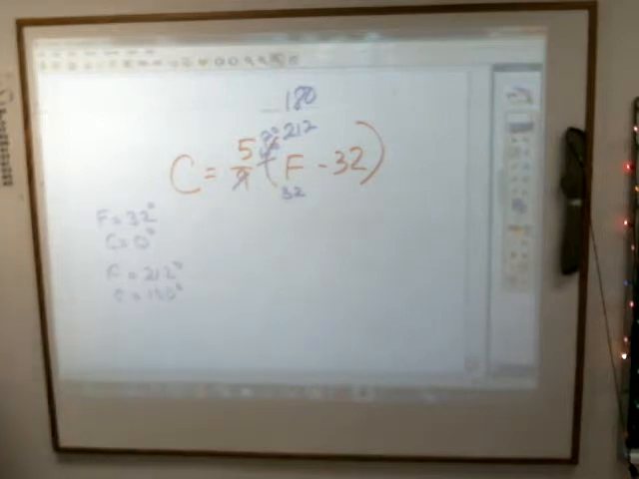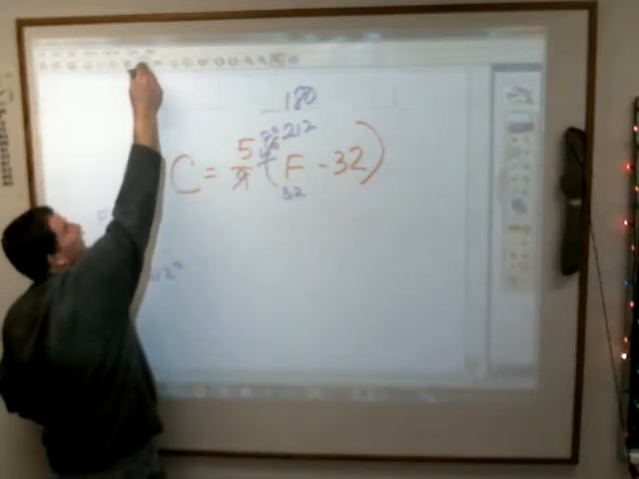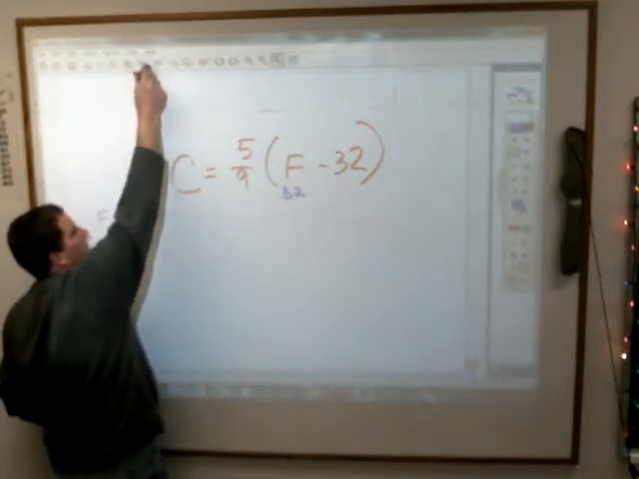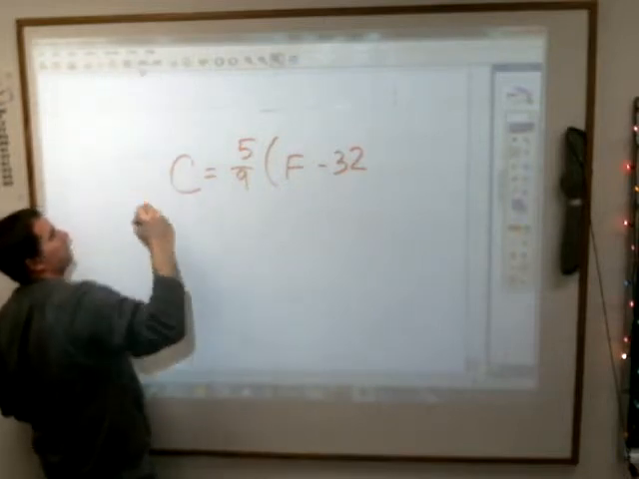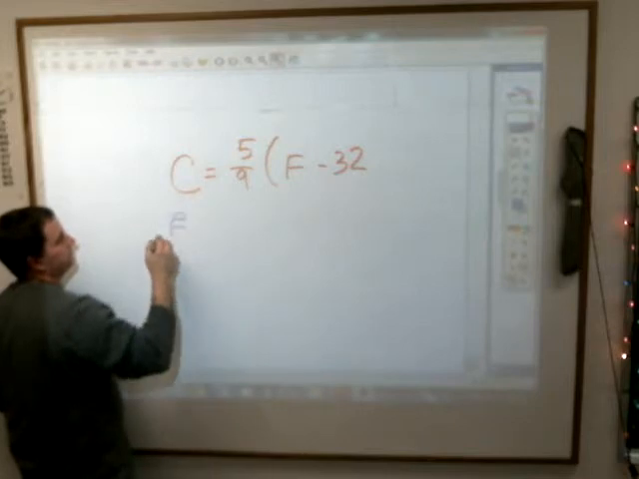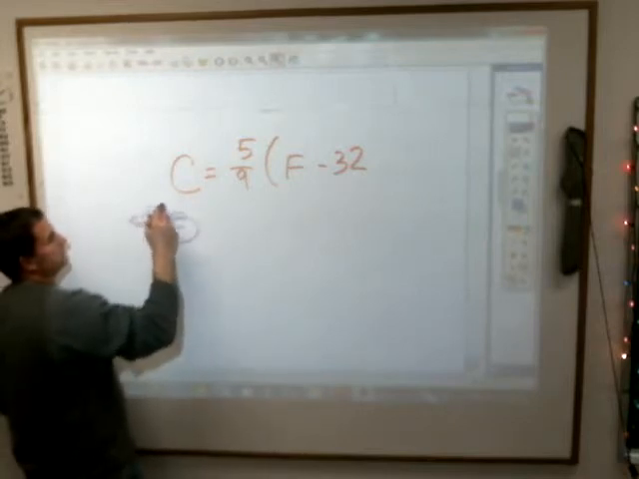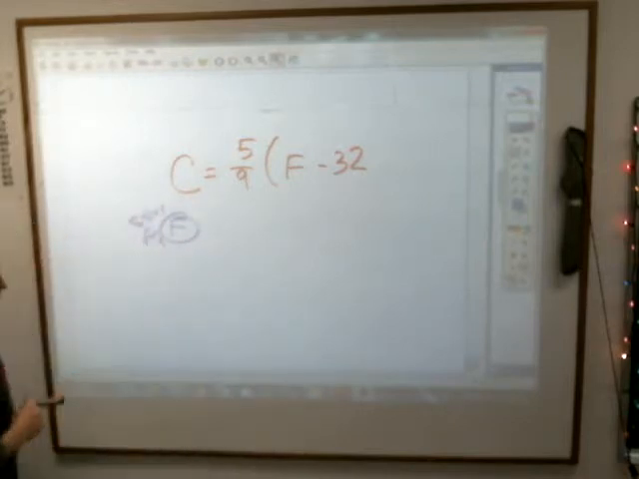But what if I knew the Celsius degree and I wanted to find the Fahrenheit temperature? Well, that means we need to change our formula. I want to see what my formula would be if it was the other way around. In other words, I want to solve this for the letter F. Anybody have thoughts? The first thing you need to do is, believe it or not,